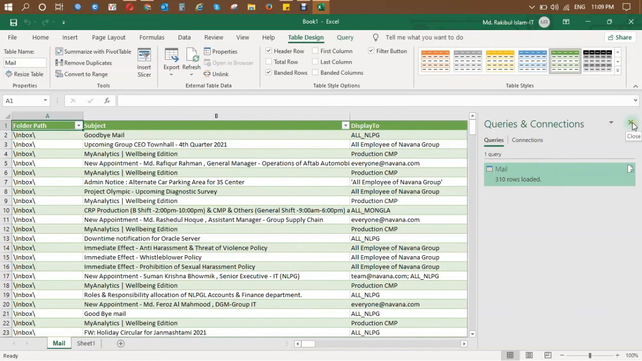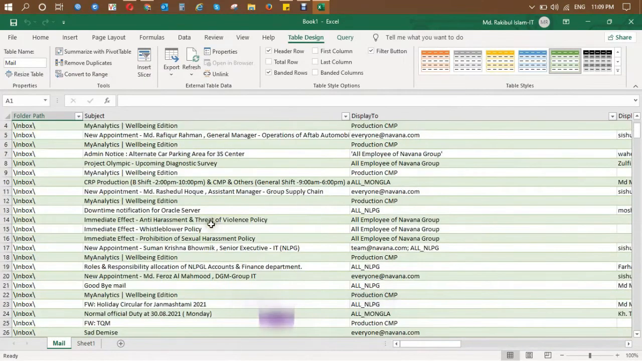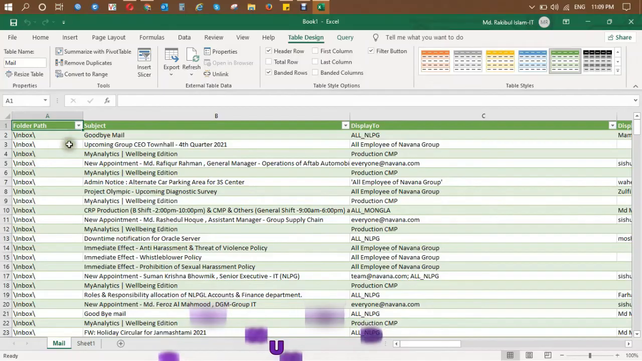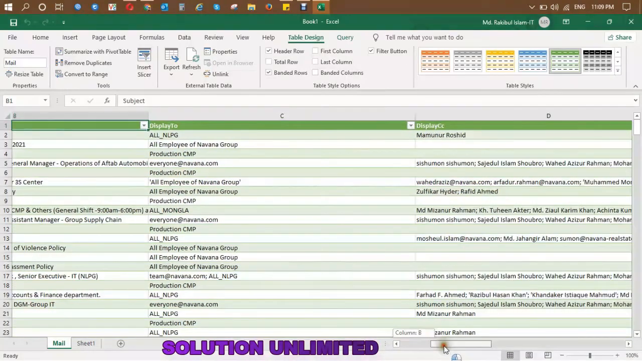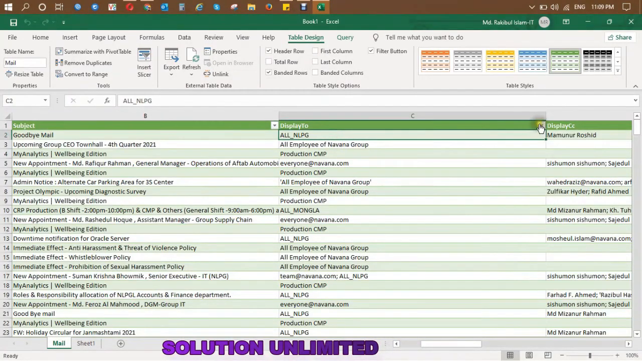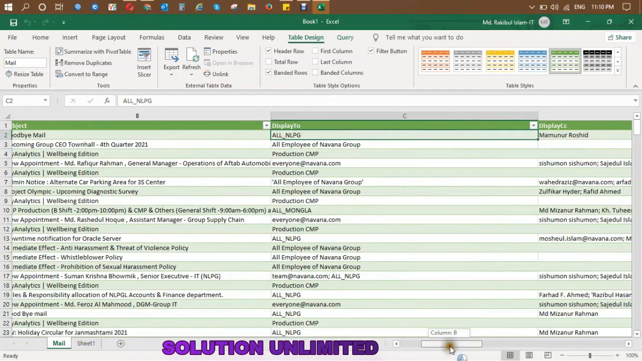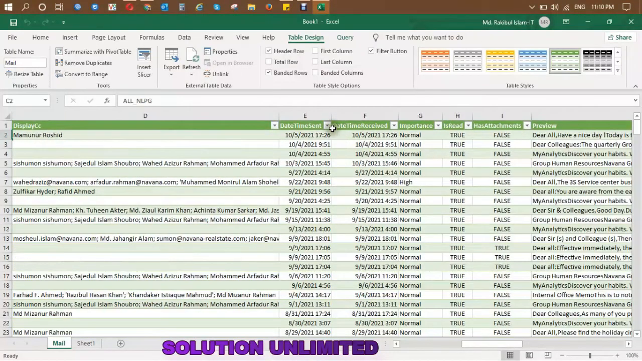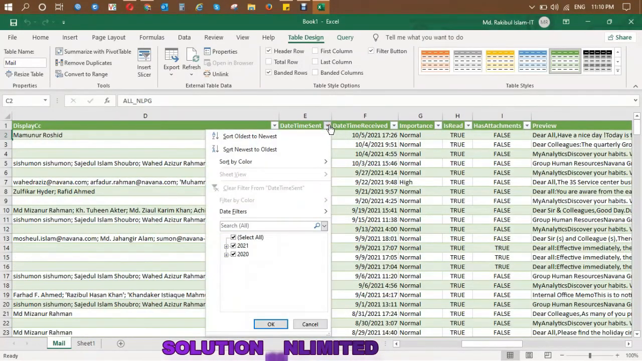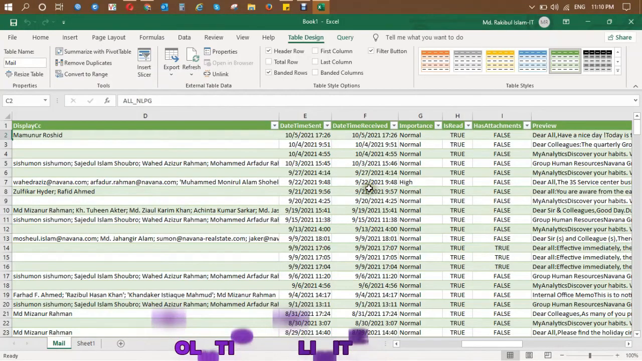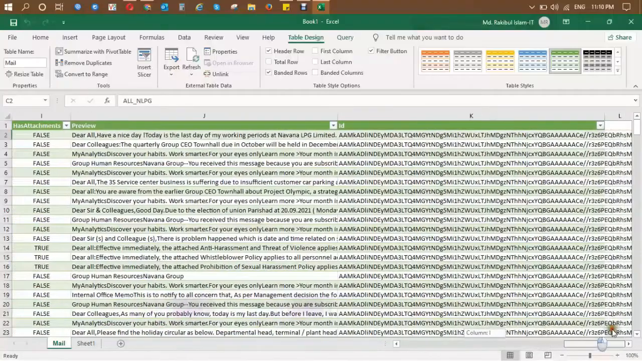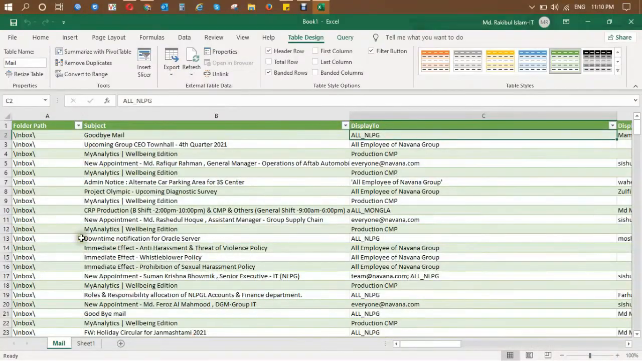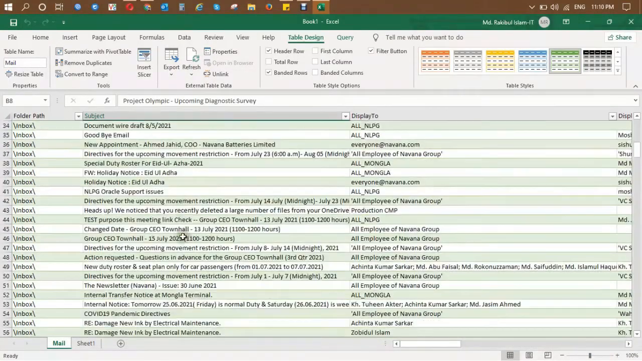Here, viewers, all mails are loaded, and you can see there is a folder and subject. You can easily filter here by subject. Besides that, Display To, you can filter from here. Besides that, sent date and time, you can filter from here. So from here you can customize or filter all your mail,